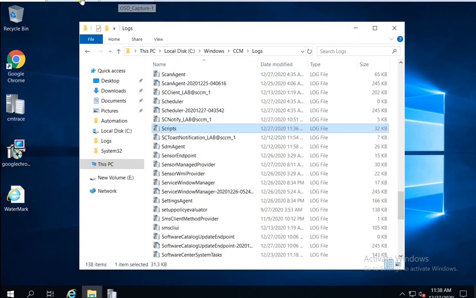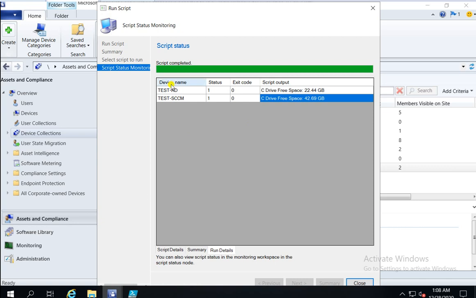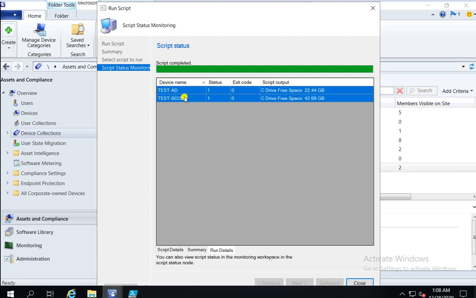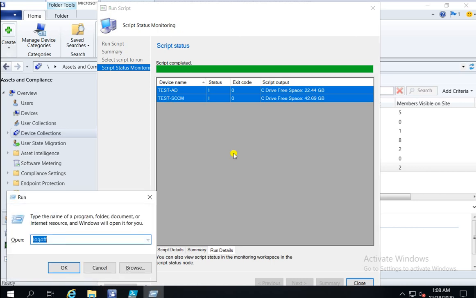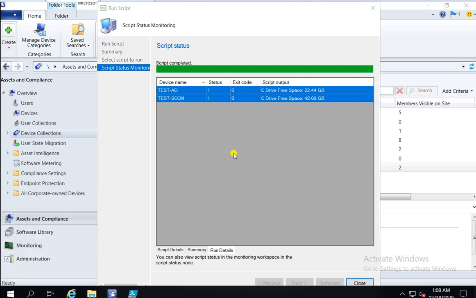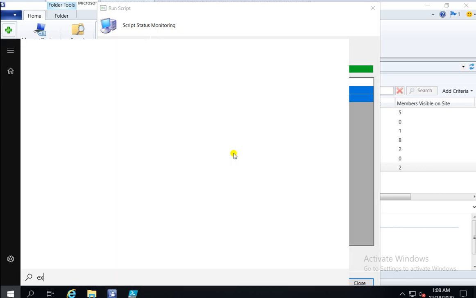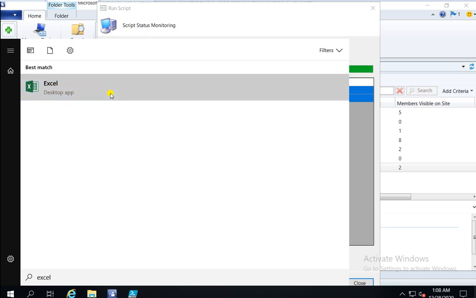Now the next thing is, here we got the result, and you can just press Control A, Control C, and put it in your Excel file also. Let me check whether I have the Excel here.